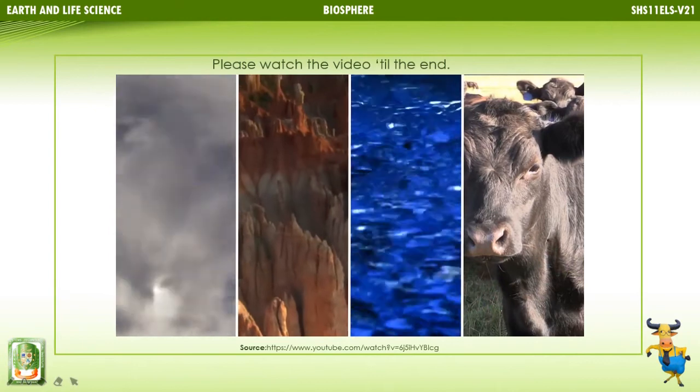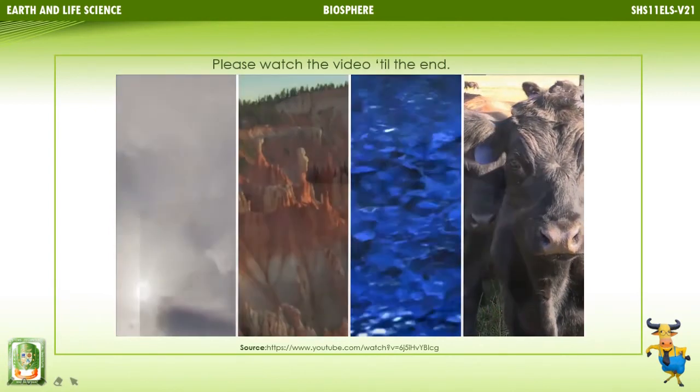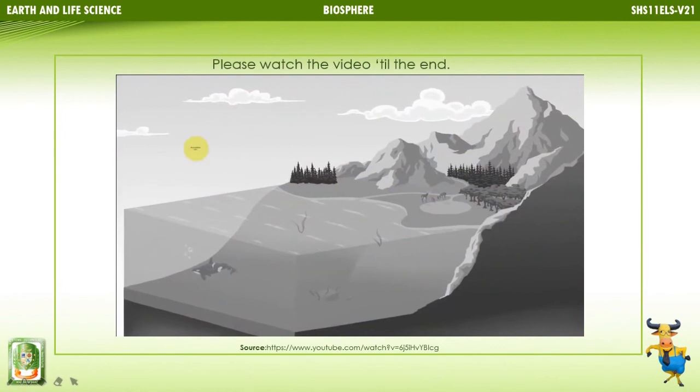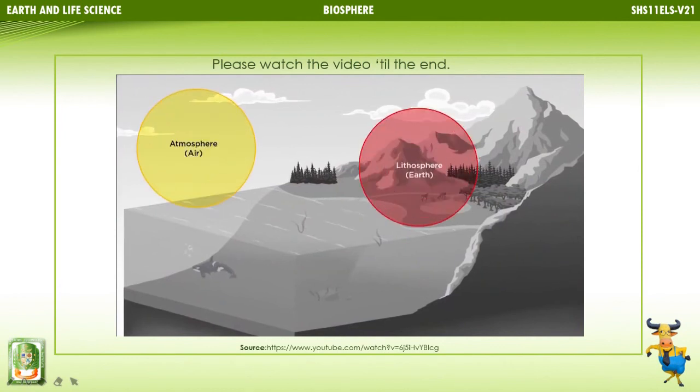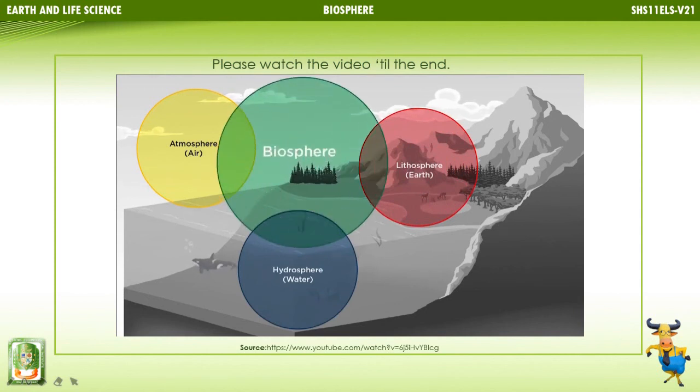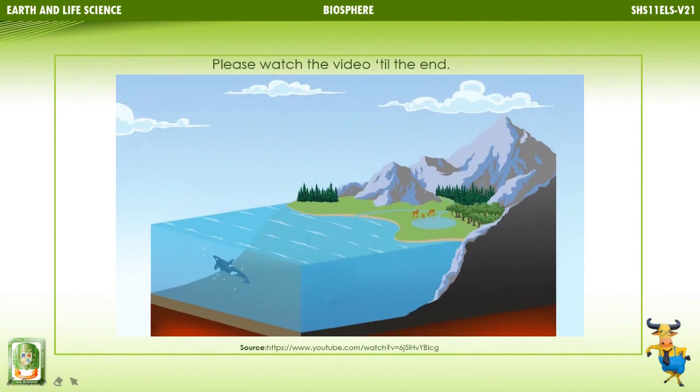Air, land, water, and life are all interconnected. The different systems of Earth are known as the atmosphere, lithosphere, hydrosphere, and biosphere. These systems work together to create our world. In order to understand the relationship between these systems, we need to understand that each system is a group of related elements that form a complex whole.